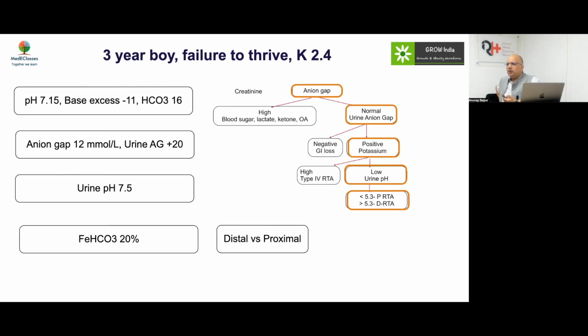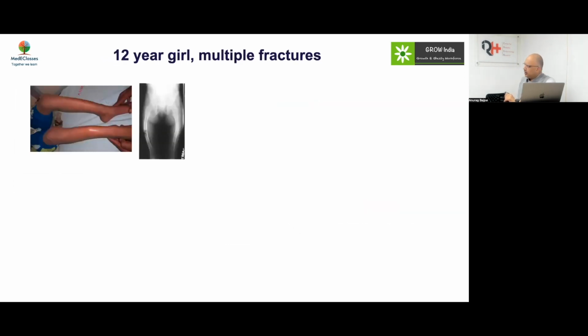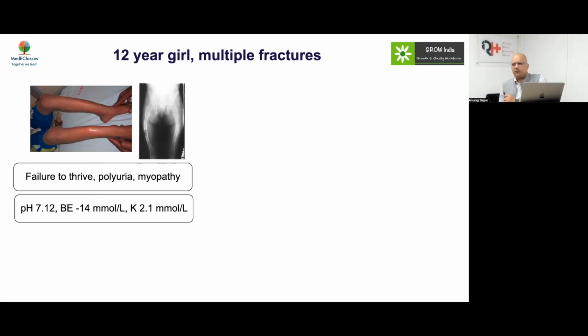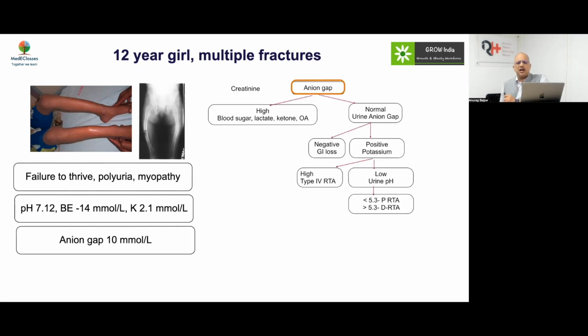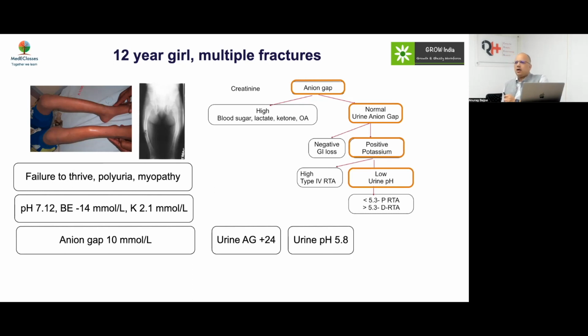So this is what we discussed as the first case, that you have to think of urine RM. Before you look into urine pH, look at urine sodium, look at urine RM to decide whether you really have a urine pH which is reliable. This case we already discussed: a 12-year-old girl with multiple fractures, failure to thrive. Again, a case of distal RTA with diagnostic confusion in that you had aminoaciduria.